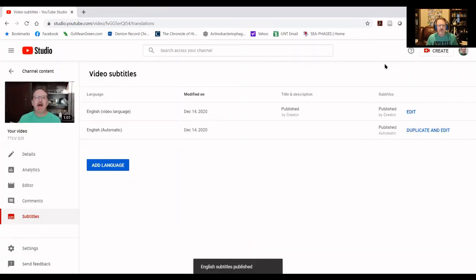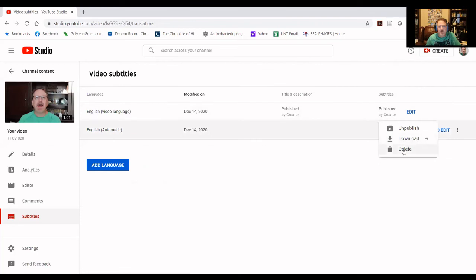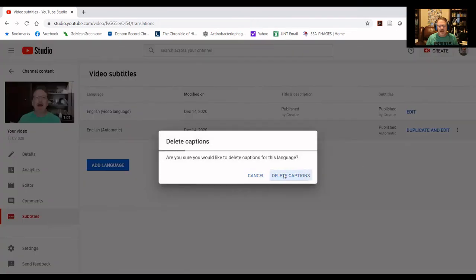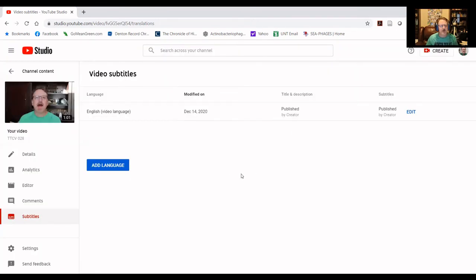And now I'm going to have two versions. Actually, the automatic is showing now, and the published version is showing. I usually go in when I'm finished with everything and just delete the automatic version because I don't want there to be any mix up between which is the correct captioning. And so I could go ahead now, because I've already published this other one, I could just go in and delete the auto caption. I've got it saved if I needed it because I already copied it. And in this particular case, I already had a caption file that I was going to upload anyway, so it didn't matter.